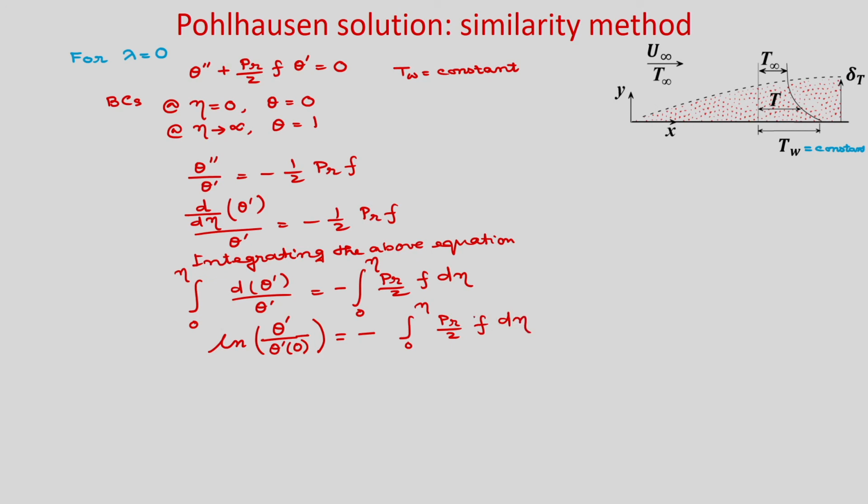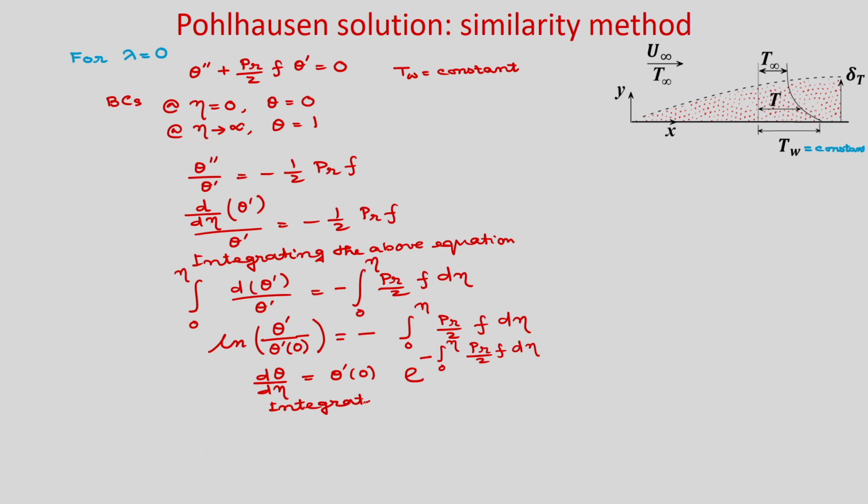So, unless you know the velocity distribution f, and f is equivalent to the stream function, you will not be able to integrate. So, we are keeping it in terms of integral form. So, if you write this, you can write d theta by d eta is equal to, so in right hand side it will become exponential. So, it will be theta prime 0 e to the power minus 0 to eta Prandtl number by 2 f d eta. Okay. So, integrate the above equation,